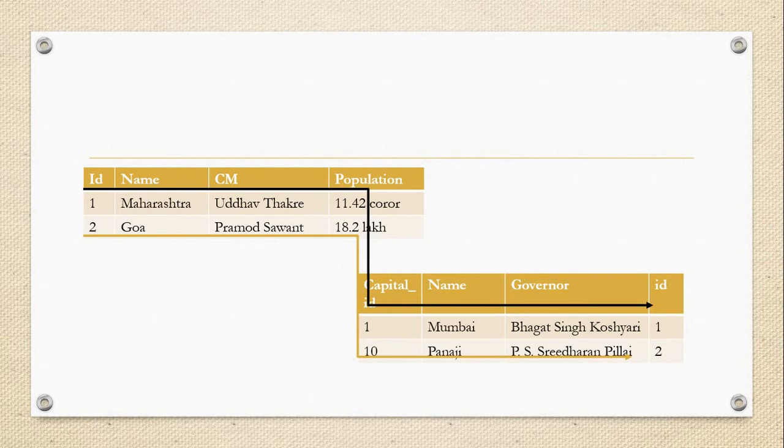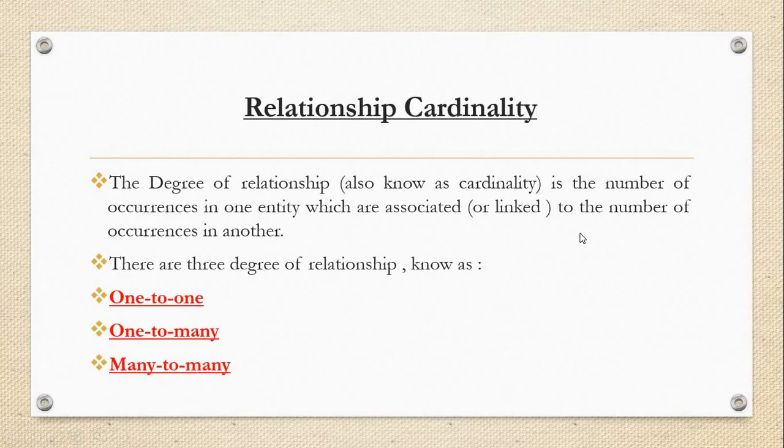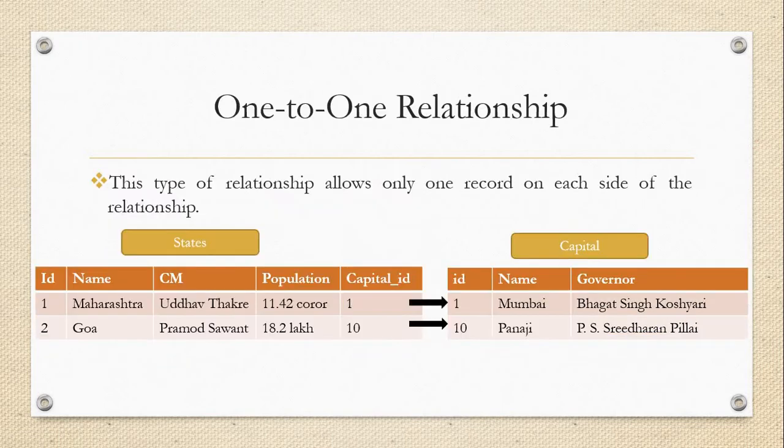So in that case, we can perform the one-to-one relationships. That's why I said that the definition plays the most important role. Okay. So what is the foreign key? The foreign key is nothing but it establishes the connection between two tables, where one table has a foreign key that references the primary key of another table. So we did this practical, and this is about the one-to-one relationship. Hopefully you will get the idea regarding the one-to-one relationship. Here, one attribute of one table will associate with another attribute of another table.